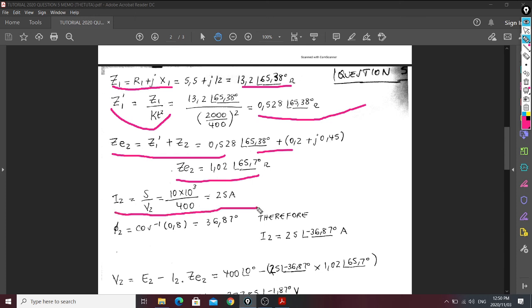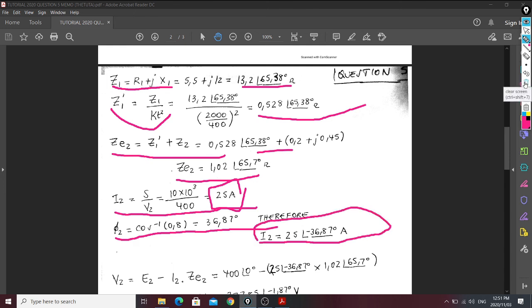Okay, and then you take the given power factor in the problem. Remember the power factor, you calculate the angle. And therefore this current, remember we got it without an angle. From electrical 2, we say each component must always have a magnitude and an angle. So because it says lagging, this current is going to be 25 at minus, minus, it means it's lagging. Okay? So after doing this,